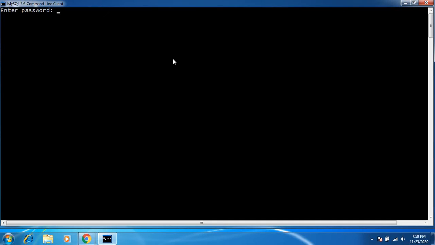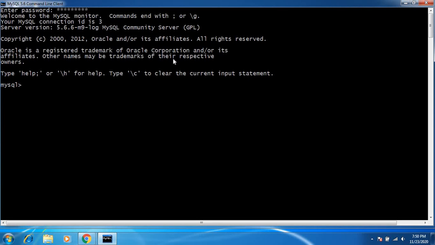So we have to enter the password that has been given at the time of the installation. So after successful verification, a window prompt appears. So now we have to create a database. So how to create a database? Using the create command. So I create a new database DB7.